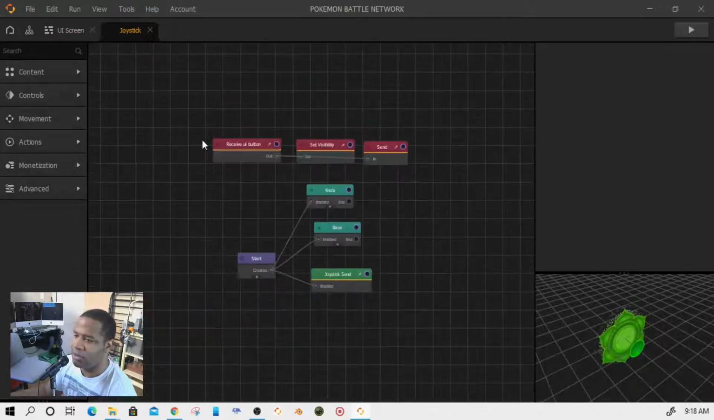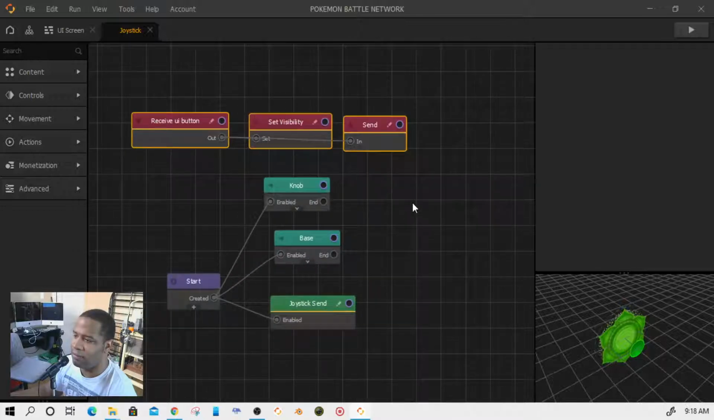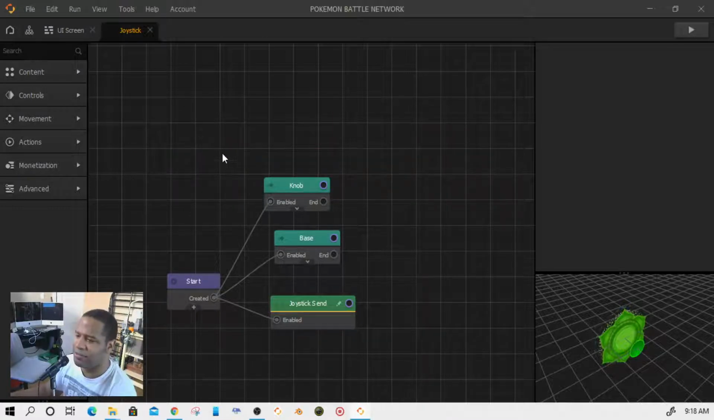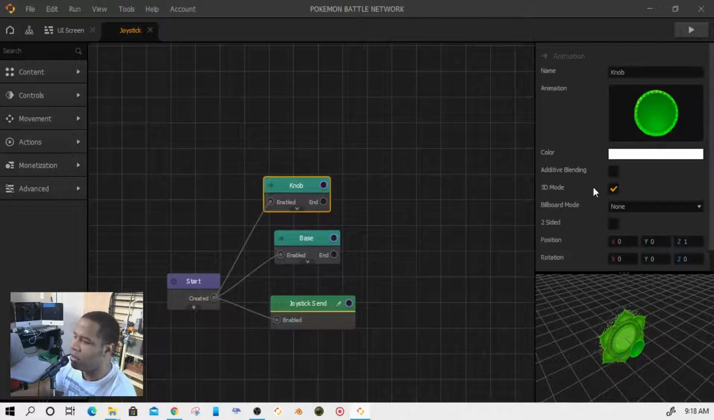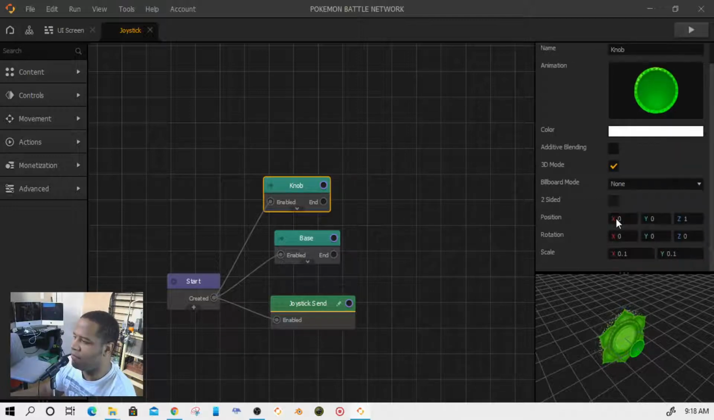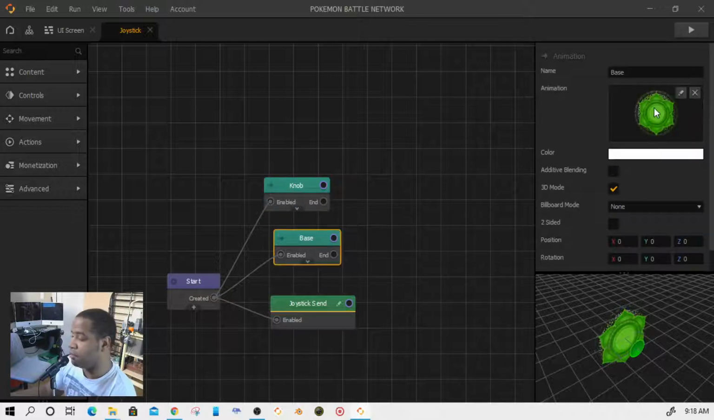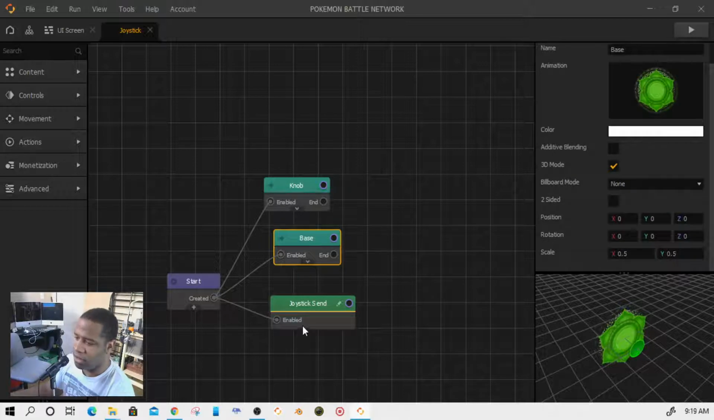It has some other nodes in here that are actually not necessary anymore, so let's delete that. Anyway, here we have, as I said, I changed the thumbstick from the previous. Here is the base. This is the back right there. I've changed that as well. In the joystick